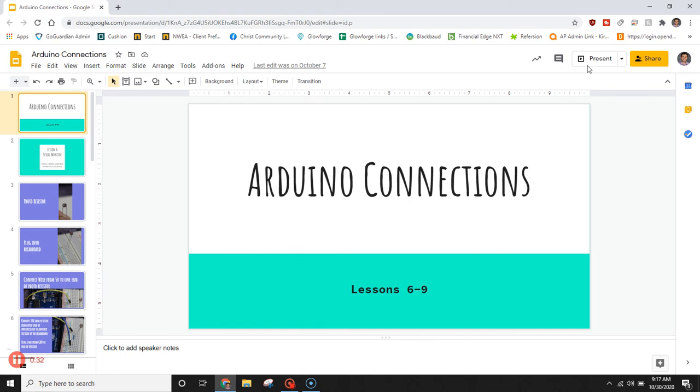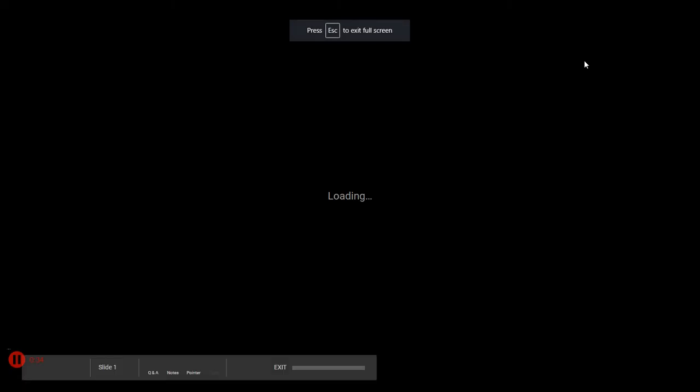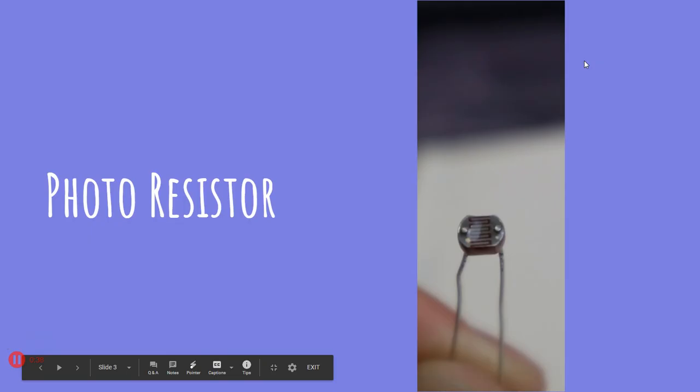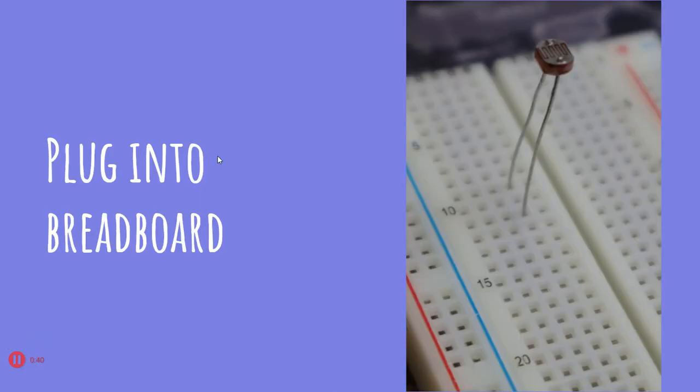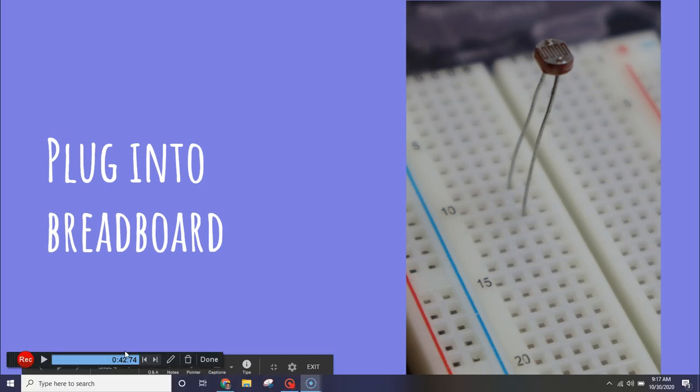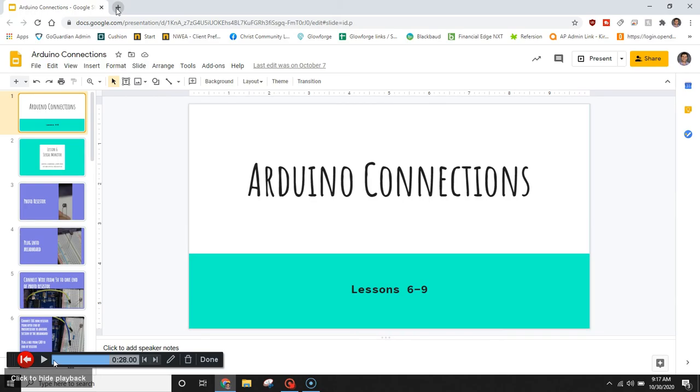Now that we're recording, we could say that we have started this presentation, and I'm going through. We're doing lesson 6 now, and oops, I've now messed up in my recording. What I can do is I can actually pause that recording, and I can do what's called a truncate. Truncating is where you actually find the point where you messed up. So maybe I liked up into